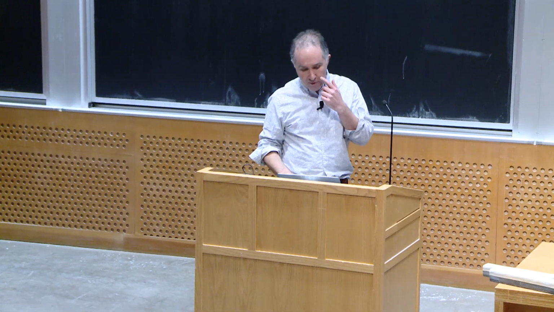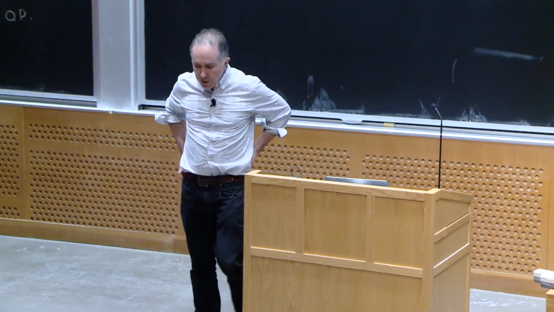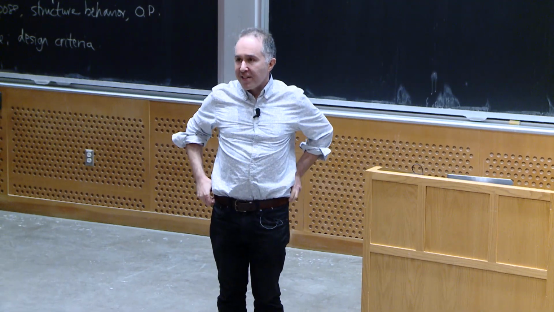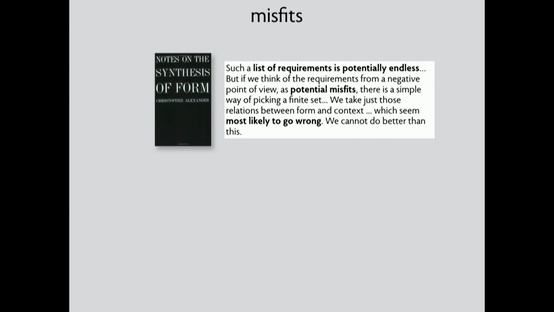One of my favorite books, by a guy called Christopher Alexander, addresses this problem actually in the context of architectural design, but he's been called every computer scientist's favorite architect. Because this book, which was written a long time ago, like in the 1960s, was a hit with computer scientists. And one of the reasons is he had a lot of interesting insights about design and software-related things. And what he basically says is the problem here is that if you want to rule out this kind of thing, you'd have to have an infinite set of requirements to anticipate everything that could possibly happen. And you can't do that in practice.